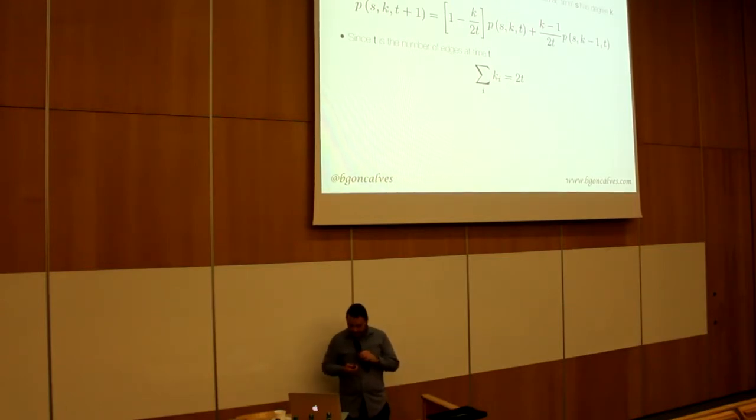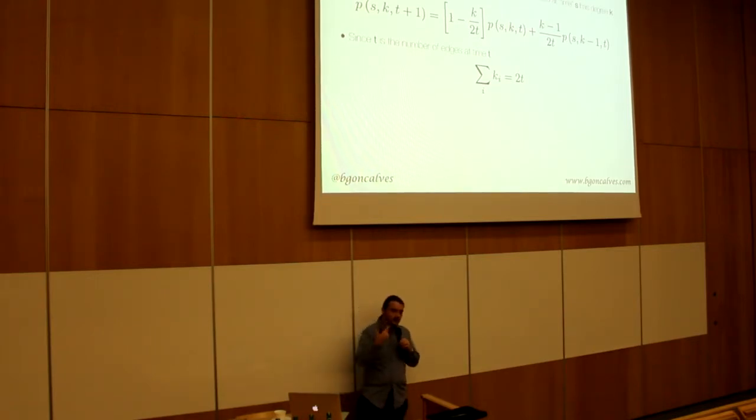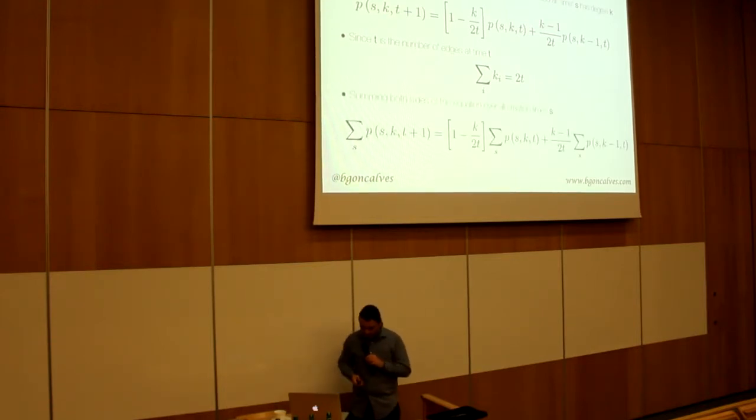And since T, of course, is the normalization factor. So if you sum over all the degrees, you get 2 times the number of edges, and here I'm assuming that you're adding one node and one edge at each time step, so you get 2T. Now, if you sum